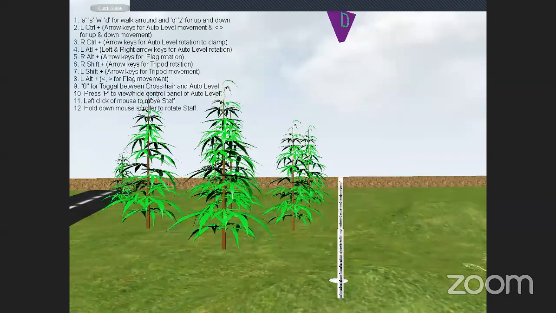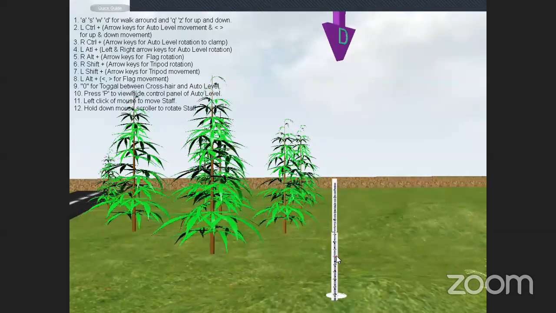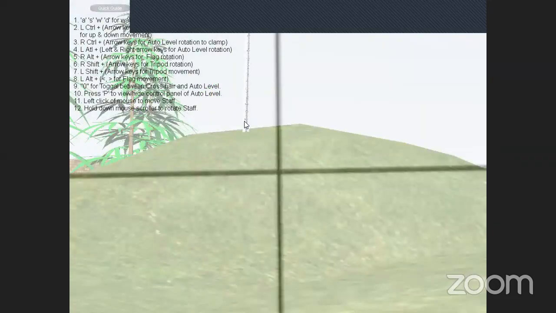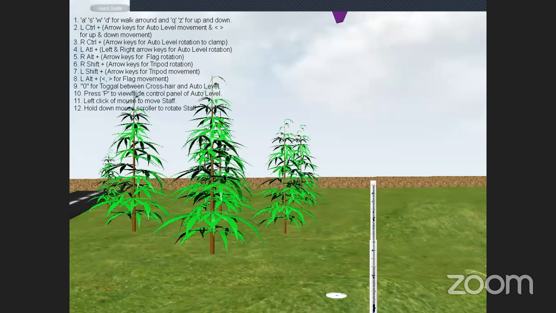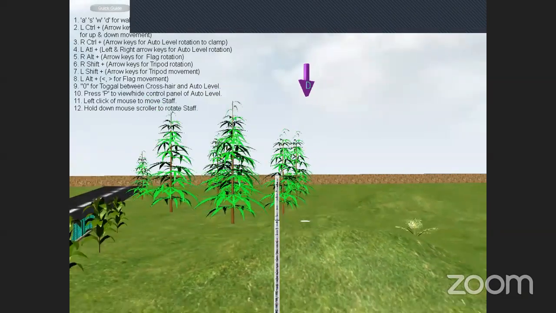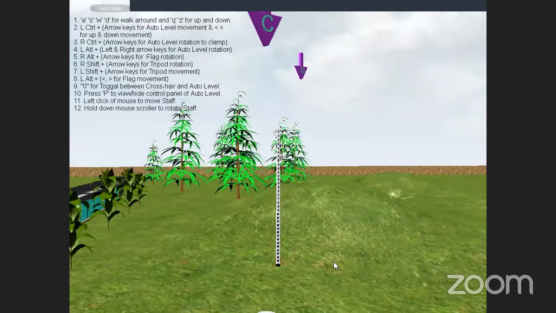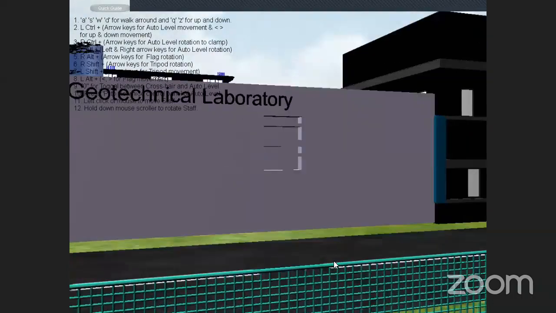For shifting the instrument, again, I have to keep my staff at position C only to take the back sight. First, you check whether it is visible or not. This is not visible. See, the staff is at a higher level. So I am going to shift my staff to C position, the same previous position. Now I am going to move my instrument and tripod to a convenient position so that I can see C, D and E. So the second position I am going to shift.